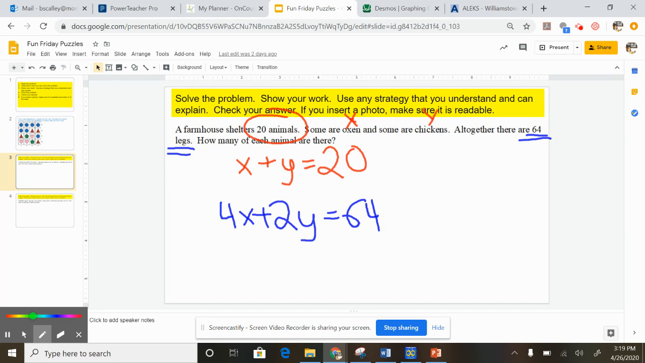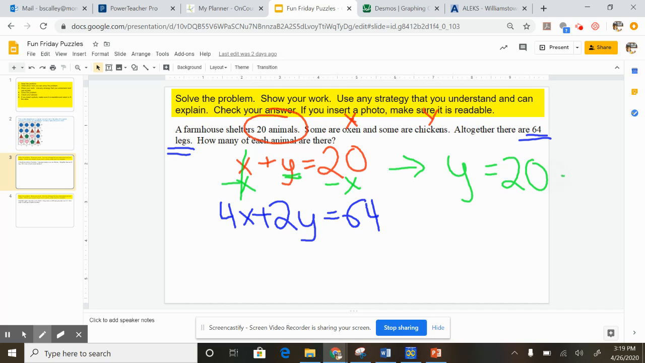So what I'd want is one of these variables by themselves. So I'm going to try to get this y by itself. In order to do that, I'd have to subtract x on both sides here, which would cancel here. And I'm just going to rewrite this equation. It would be y equals 20 minus x. Now y is all alone. And what happens is if this y is equal to 20 minus x, then I can plug that in for that y right there,